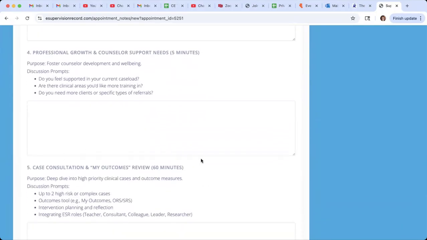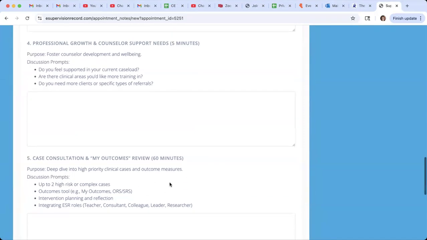And then you see the majority, like traditional supervision, 60 minutes of case consultation. So looking at case review, what's going on with clients? Are we experiencing transference, countertransference? Are there resources this client needs? Are there places people are feeling stuck with their clients? So it might be up to 2 high risk or complex cases, depending on what's going on there, but also